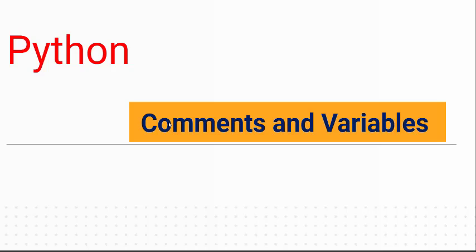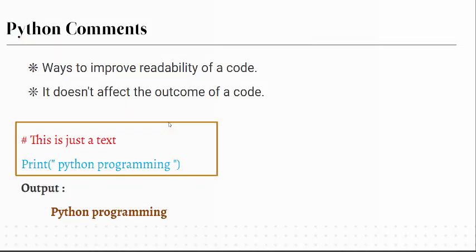Now let's start with commands used in Python programming. Commands are simple English text that explain the syntax and logic used in the Python program. Commands do not affect the outcome of your code because they cannot be executed. They are beneficial when someone else has written code and you are analyzing it for bug fixing or making a change in logic. By reading a command, you can understand the purpose of the code much faster than by just going through the actual code.